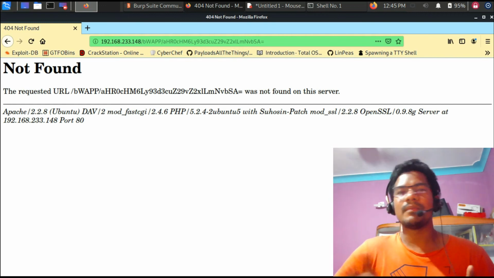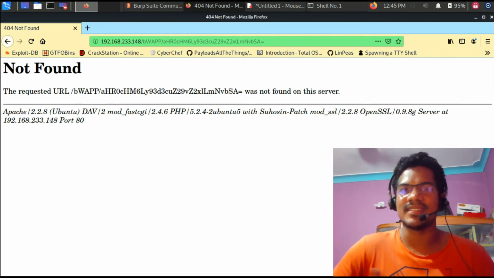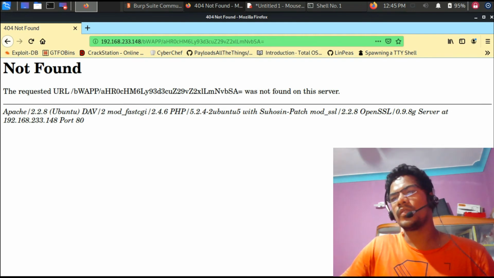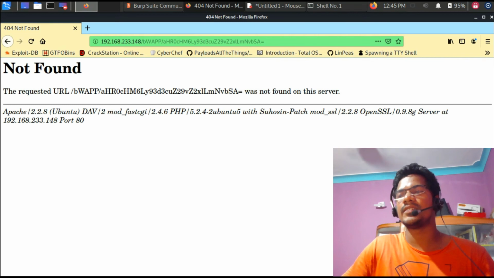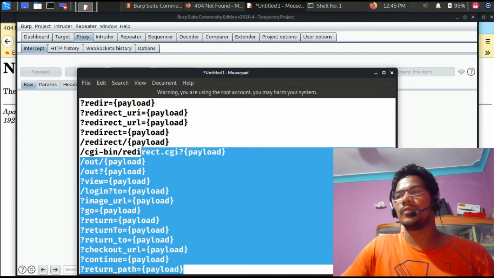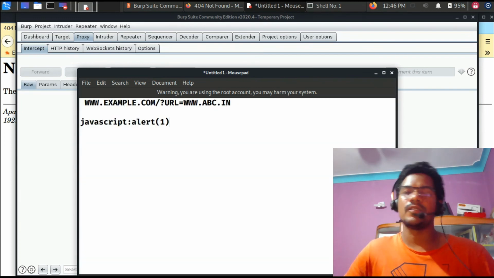Now, some of the people might ask, can we convert the URL redirection to an XSS? Yes, in some cases it is possible. Probably I will show you one simple payload that you can try, let's say this one. So if you see URL redirection somewhere, you should also try out this particular payload, which sometimes works, right? It doesn't always work, but sometimes it works, because this kind of payload will cause the same XSS.